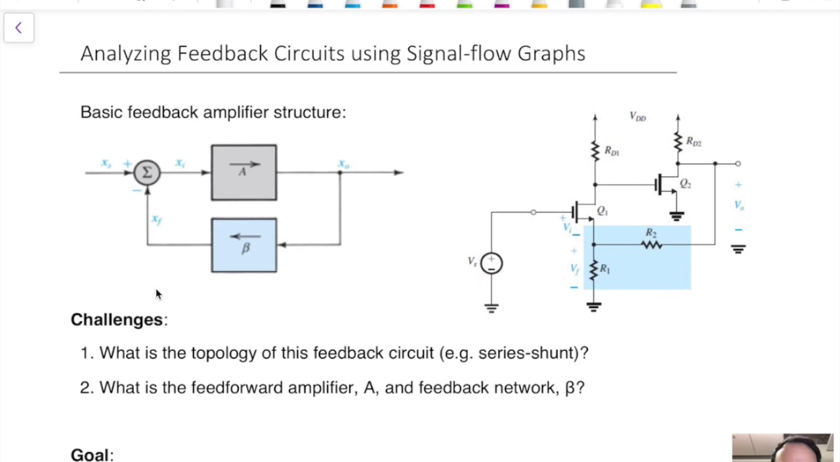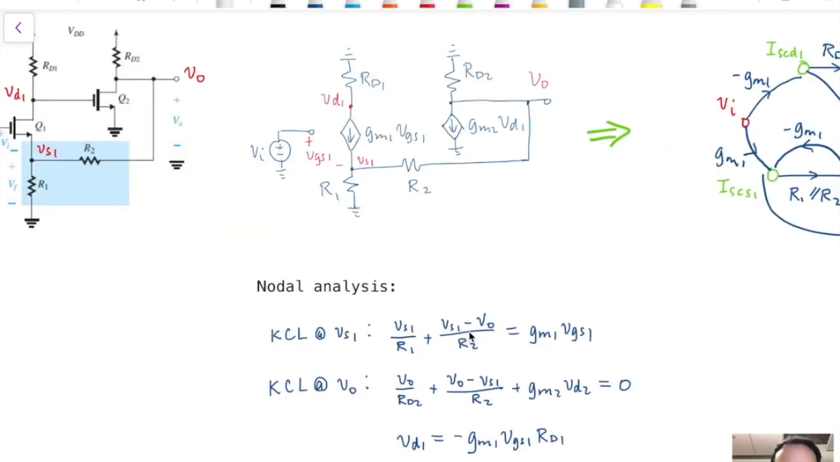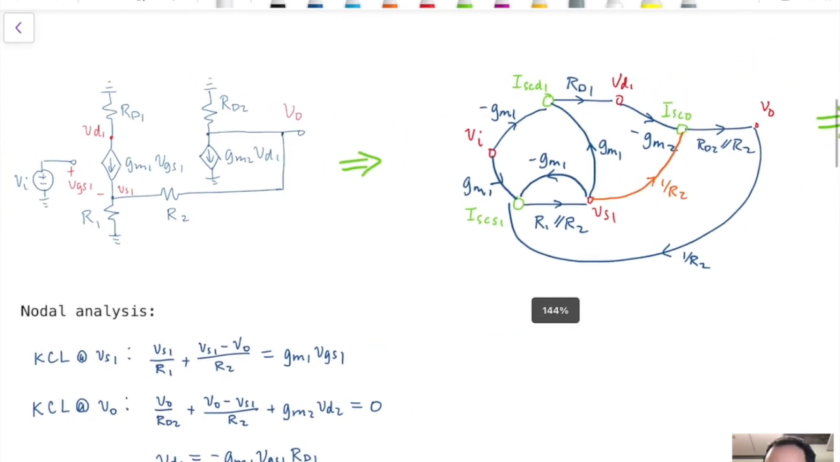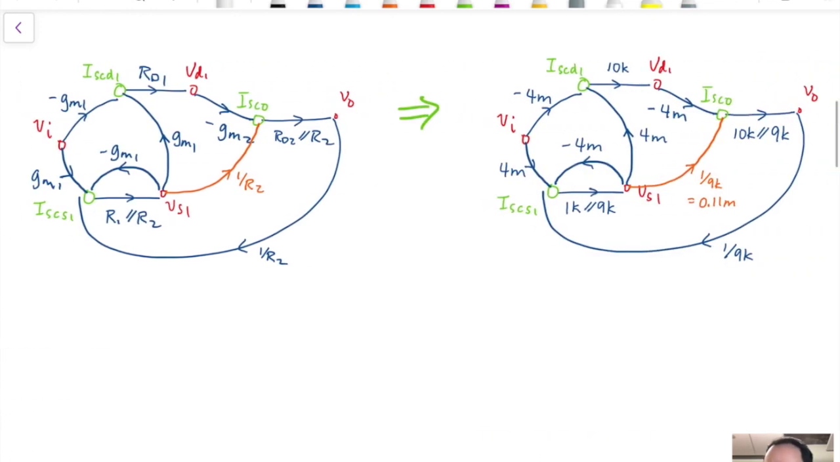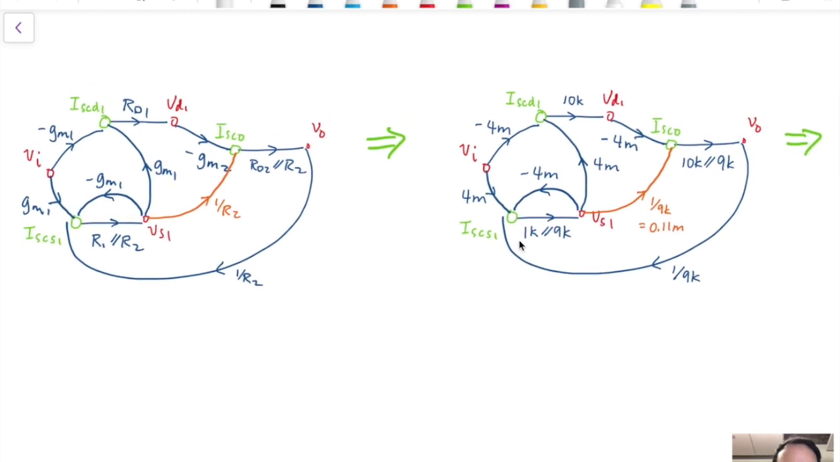Now, feedback is used in many analog circuits, but can be a challenge to analyze. You can represent these circuits using a signal flow graph. And I won't get into the details right now, but these equations can be transferred to this signal flow graph. Once you have a signal flow graph, then you have the possibility to work and analyze the signal flow graph